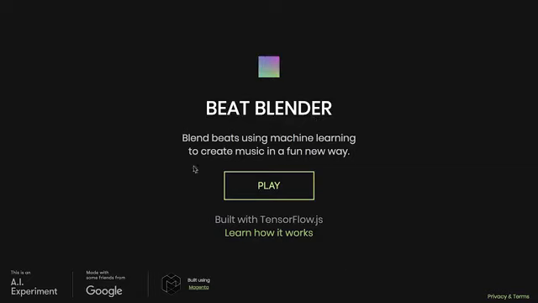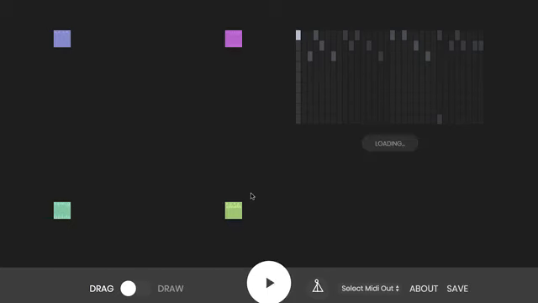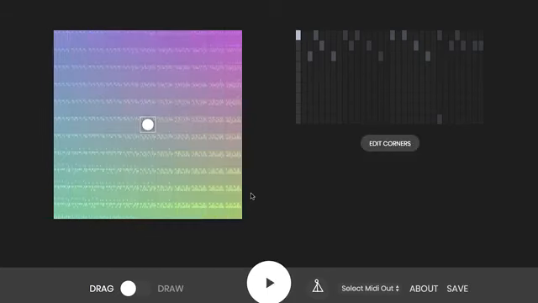So this is the Beat Blender tool, and once you navigate to this page, you can click on the play button to start it. The UI has two panels on the left and on the right, and a play button in the center. On the left is the position panel, which displays a white circle called the tracker, and the tracker represents the current rhythm that the tool will play. So if you press the play button, you'll hear the tool start to play a rhythm.